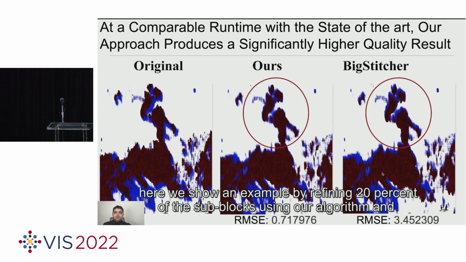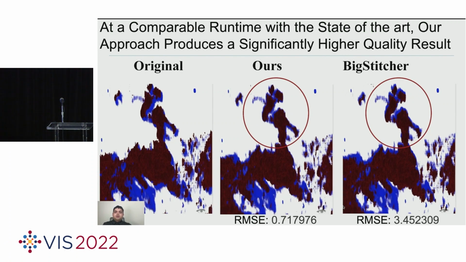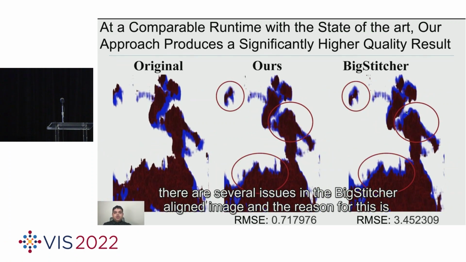Here we show an example by refining 20% of the subblocks using our algorithm and with BigStitcher. Notice our algorithm produces significantly lower RMSE compared to BigStitcher. There are several issues in the BigStitcher aligned image, and the reason for this is